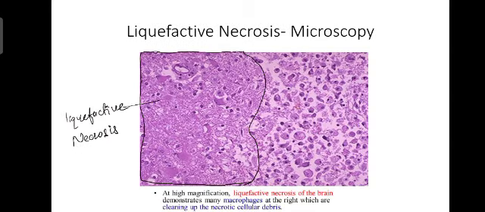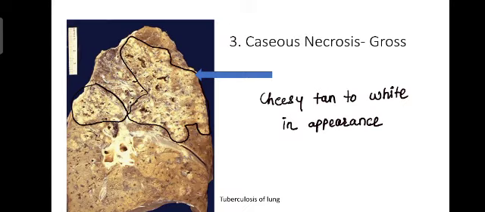In microscopic examination, the left area shows the liquefactive necrosis, and in the right area there are many macrophages which are cleaning up the necrotic cellular debris. Third is caseous necrosis. Here is the specimen of tuberculosis of lung which shows the caseous necrosis, which is cheesy, tan to white in